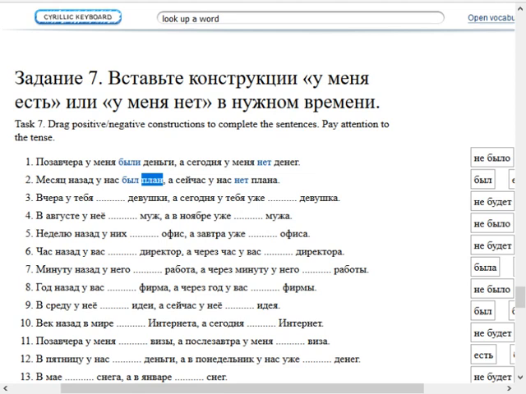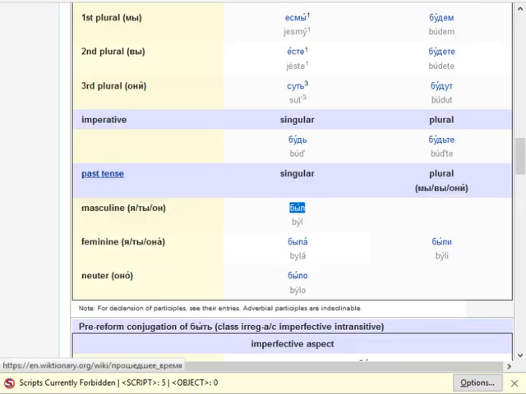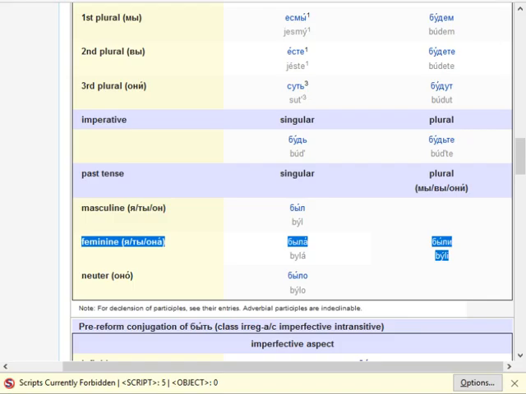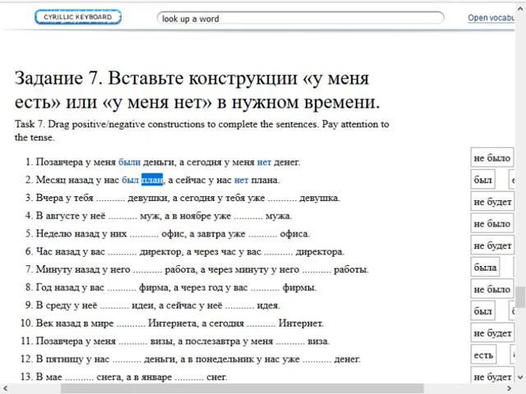Вчера, so yesterday, у тебя something девушки. Девушки is plural, right? Because девушка is a girl, so девушки would be plural. So yesterday you had girls. Okay, so let's come up here then and look at the past tense plural, which is always были. There's only были for past tense plural. So that should then be, oh